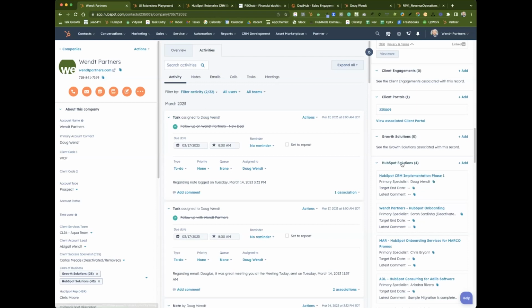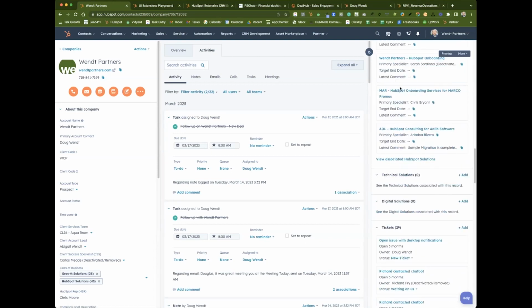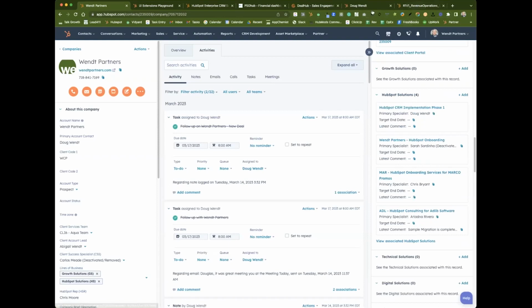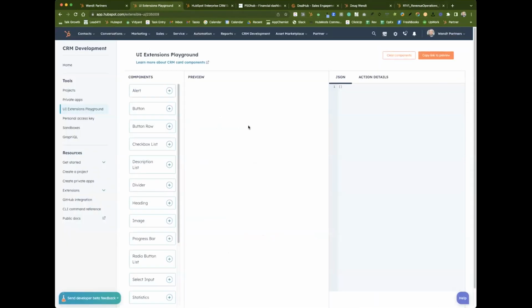So if we created a custom object for HubSpot Solutions, that's one of our 4 lines of business. These cards are standard cards, but you can create custom extension cards either to support unique delivery of native functionality or to manage integrated functionality with other platforms. You can provide alerts here.